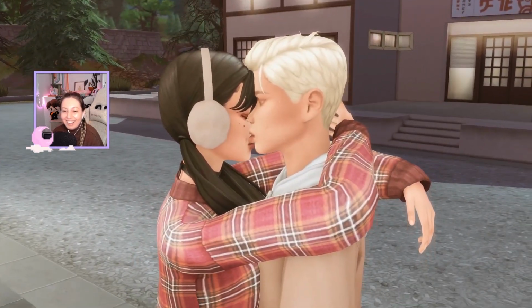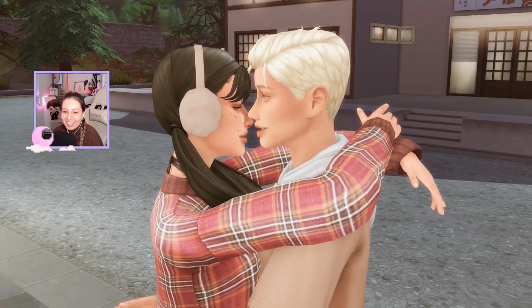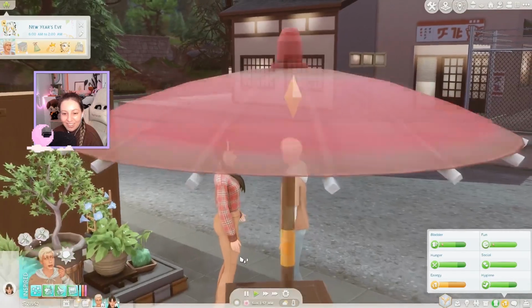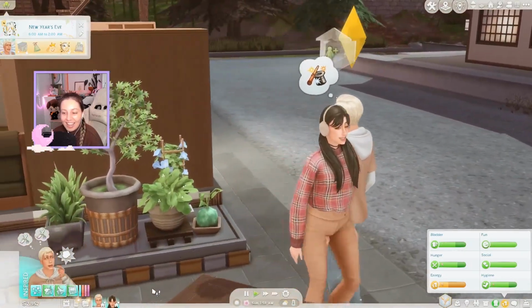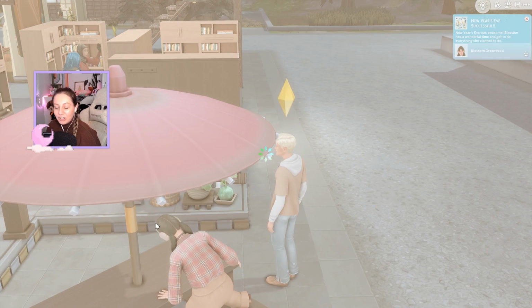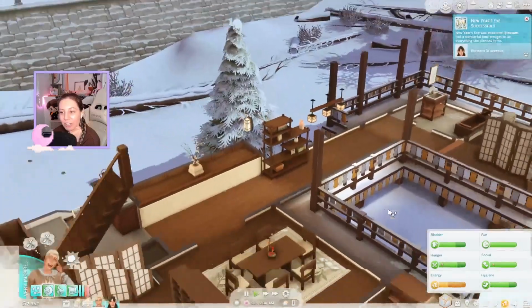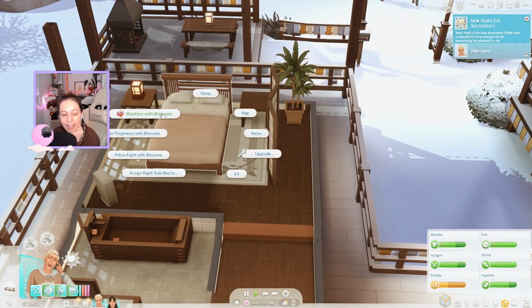Aww. I do need to make her a little taller, but I think it's cute still. I think it's cute. There we go. Nice. All right, I think we're going to head back to the lodge. Both of them seem to have had a good New Year's, which is good. Okay, so we're back, and I think we're just going to do another woohoo, and then we will go to